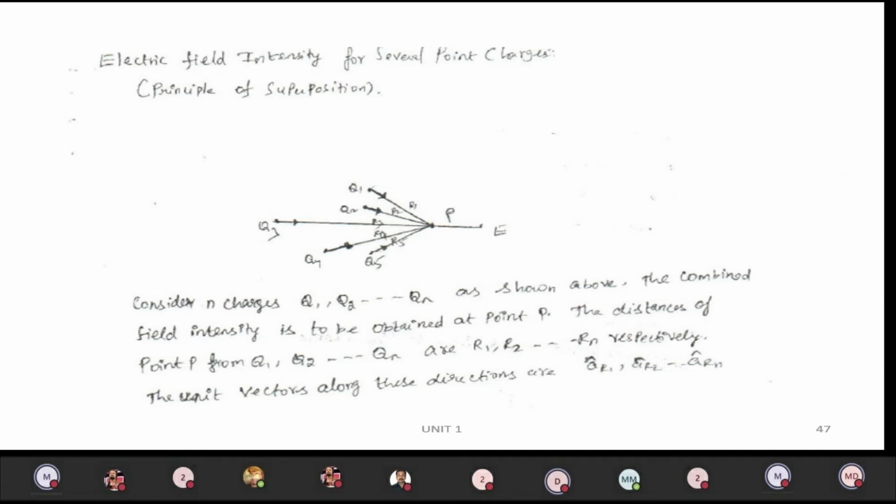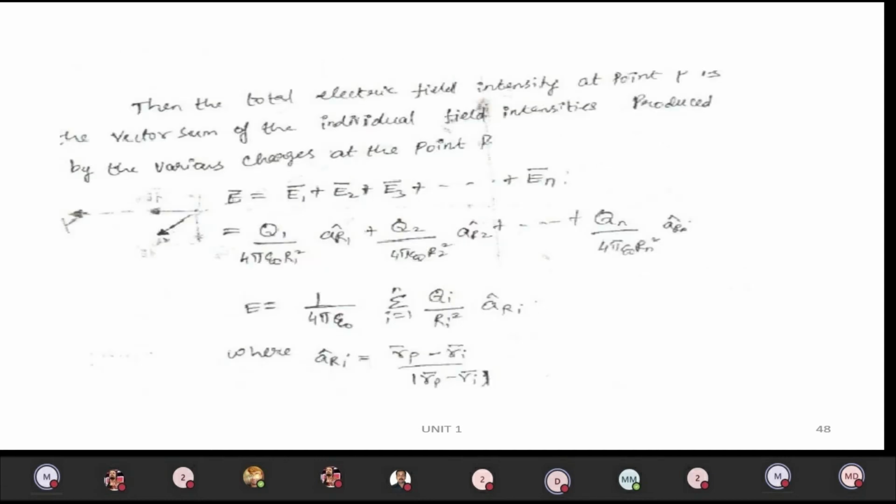So here, what is analyzed is different point charges spread at different distances. What is the electric field at the point P? What we are calculating is given by the formula: field equal to the sum, i from 1 to n, of qi divided by ri square into the unit vector.